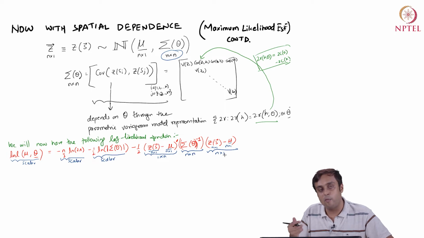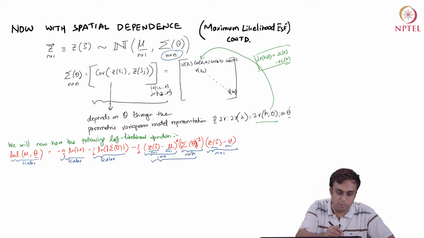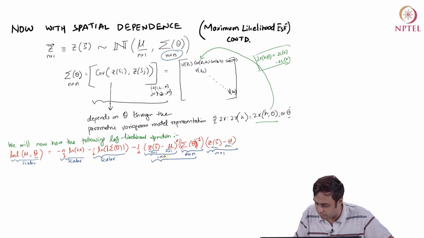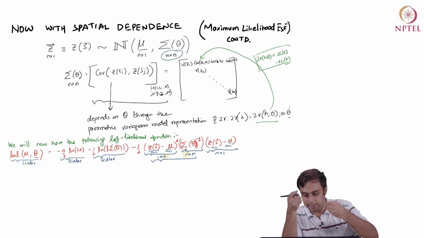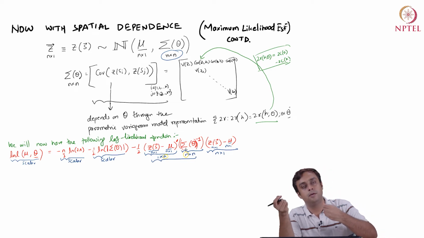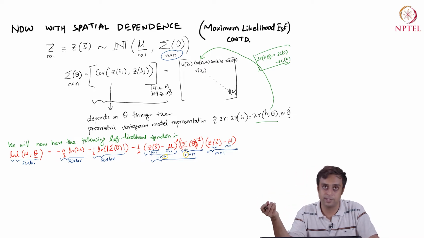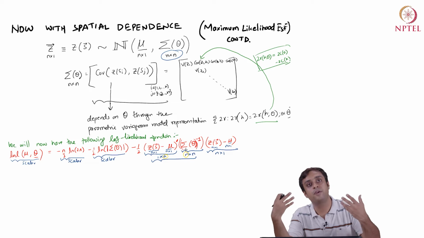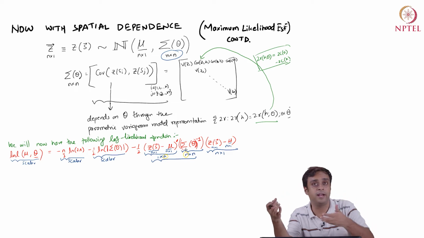Now, when we start to multiply these matrices, we can look at the first two just to simplify our lives. The first two are 1 by n multiplied by n by n. The first thing to realize is they are conformable. We can multiply them because the number of columns in Zs minus mu is the same as the number of rows in sigma theta inverse, right. That is how we figure out whether the matrices are conformable, that is, whether their product is really defined.